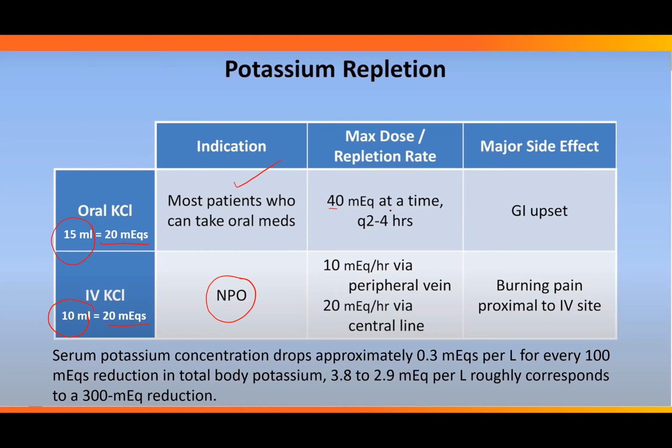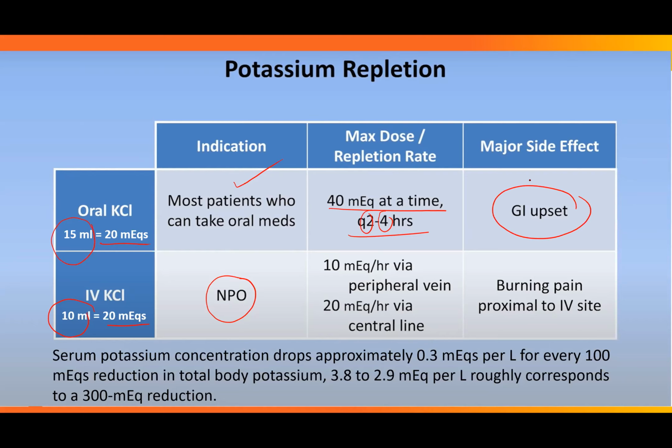How much do I give? 40 milliequivalents at a time over a period of 4 hours, or if you require it rapidly, in 2 hours. That means roughly around 10 milliequivalents per hour or 7.5 ml per hour you have to use, not more than that. For 20 milliequivalents is 15 ml, that is 30 ml of oral potassium chloride to be given over a period of 4 hours, not pushing it quickly. Major problem is GI upset. Potassium salts in such a concentration of 20 milliequivalents in 15 ml, GI upset can occur.